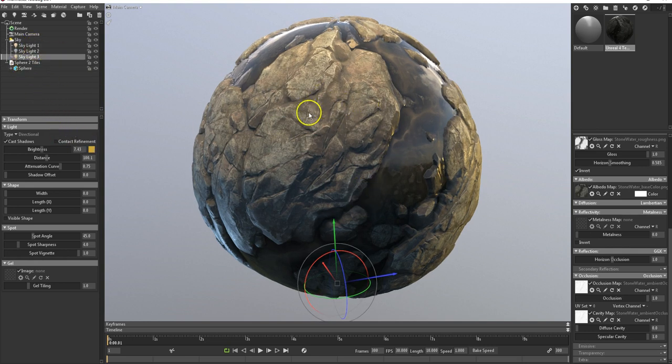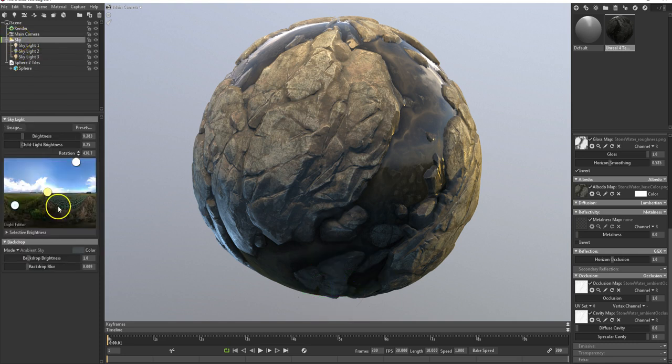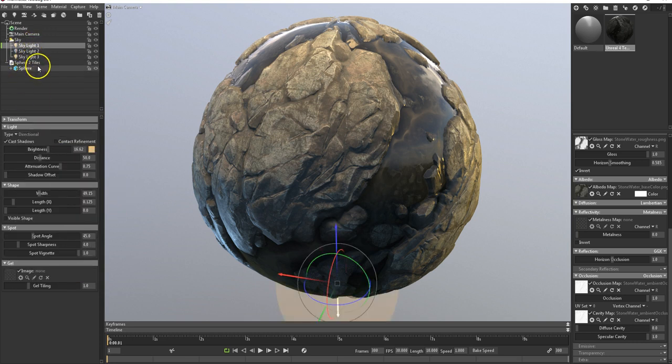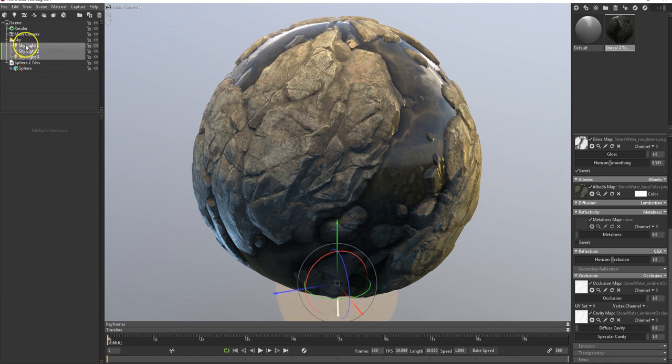Then the problem you're going to have with this is if you go back to here and say, that's alright, but I want to change my sky. If you go to change this sky now, you'll lose all of this information, like all these lights, and actually you may want to just keep the lights. So this is a good starter. So if you take the lights out and drop them outside of the sky so they're not connected to the sky anymore,